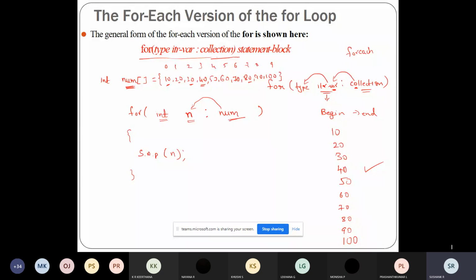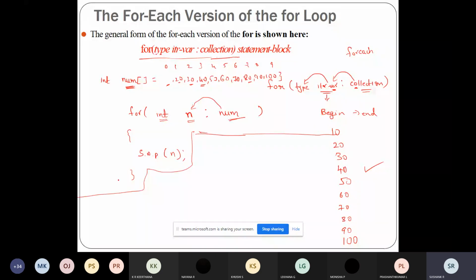So I'll just tell you the syntax, how this can be used for 2 dimensions, 3 dimensions, like that. So for example, I'll write it here only, the space is sufficient.